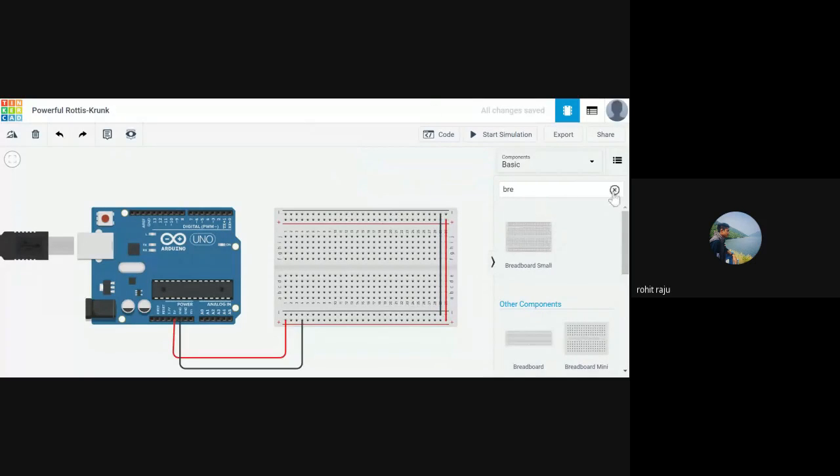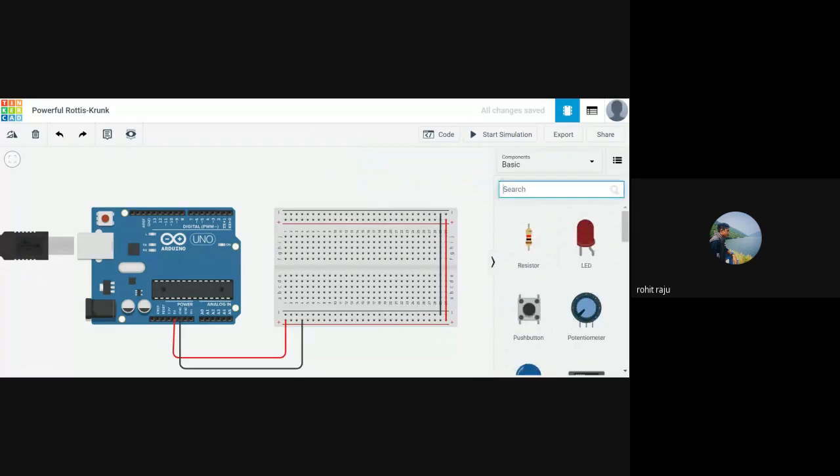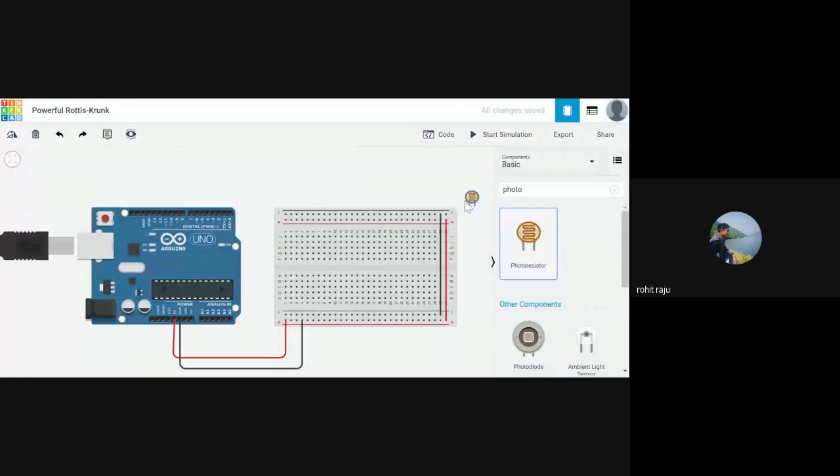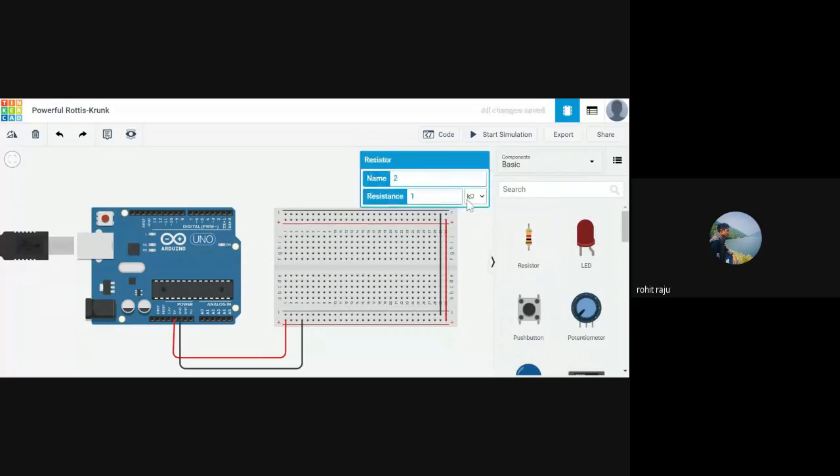So the new component we'll be bringing now is a photoresistor. Yeah, this is a photoresistor. We will be needing this, and we also need a resistor. I'll tell you why. You will ask, this photoresistor is itself a resistor, but you also need one, and the value of that resistor should be 10 kilo ohms.